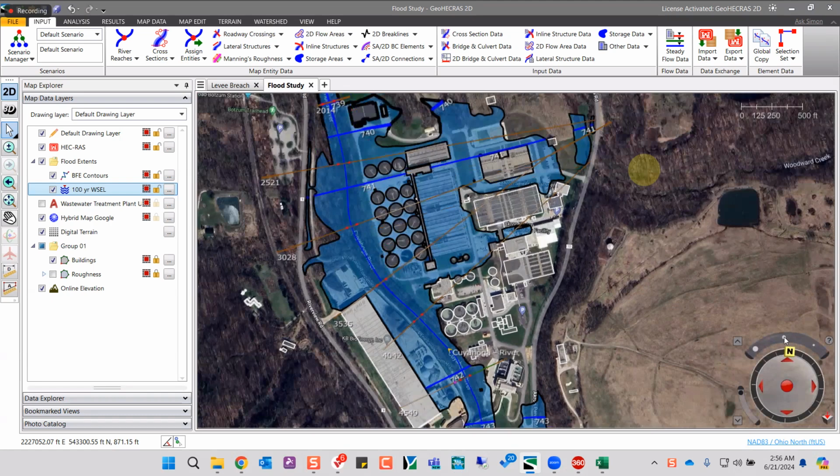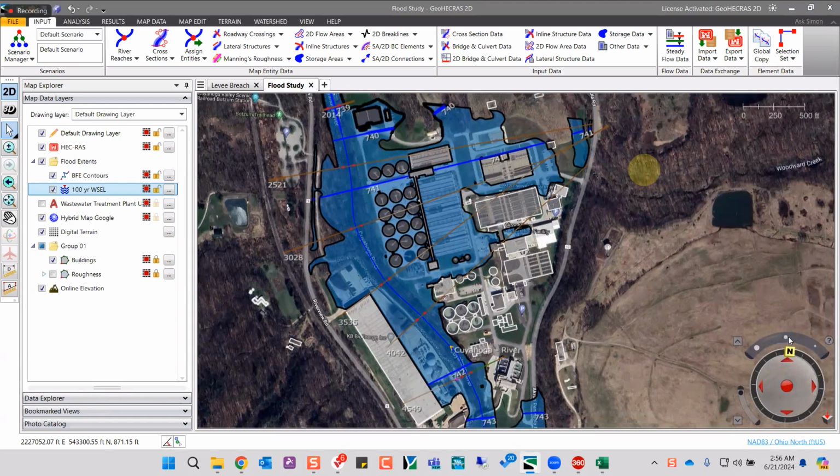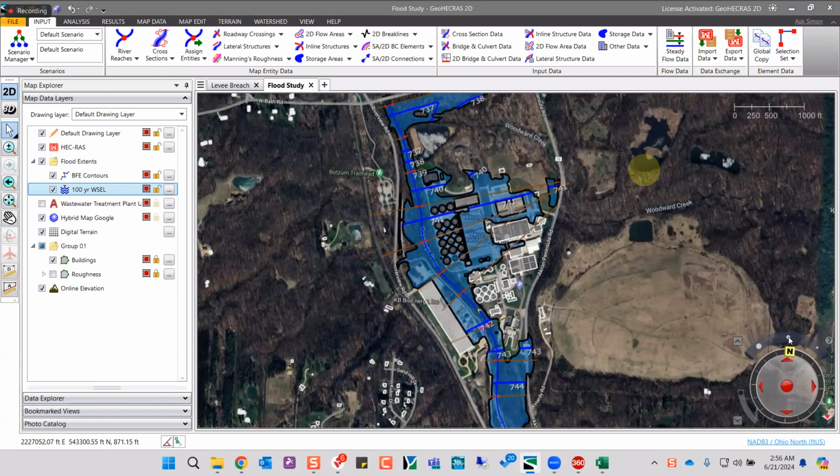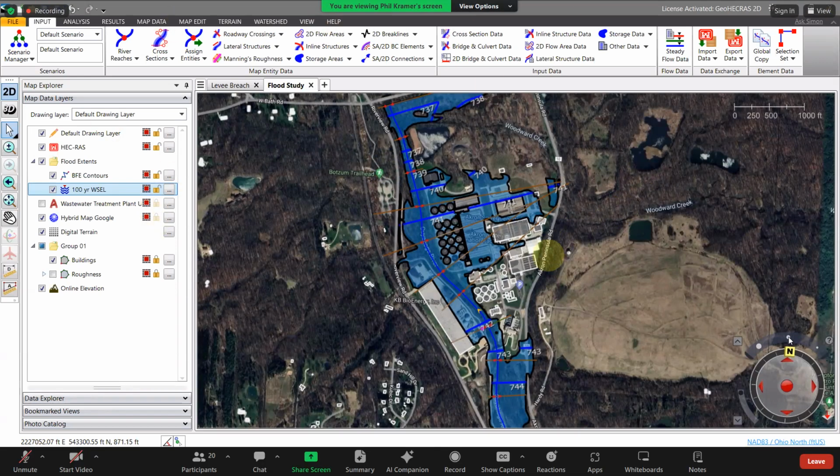Okay, guys, thank you for this session. But I would like to see how we can add a bridge, culvert, pond, and dam. And you said something about dam break analysis. I don't know how long you will be staying, but also